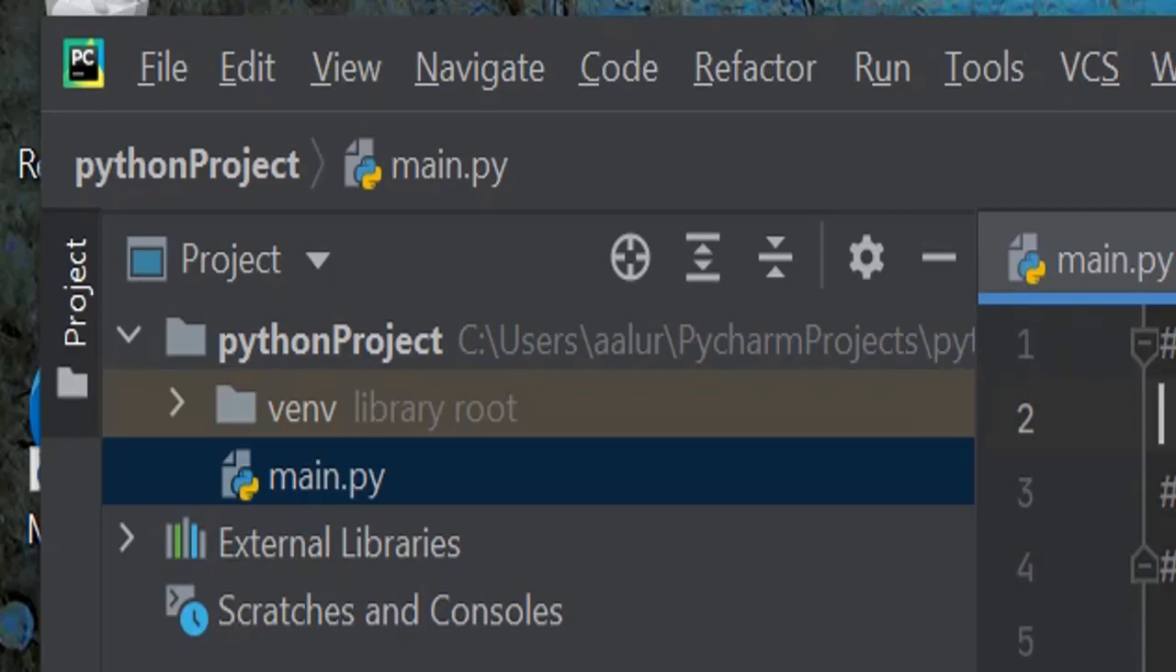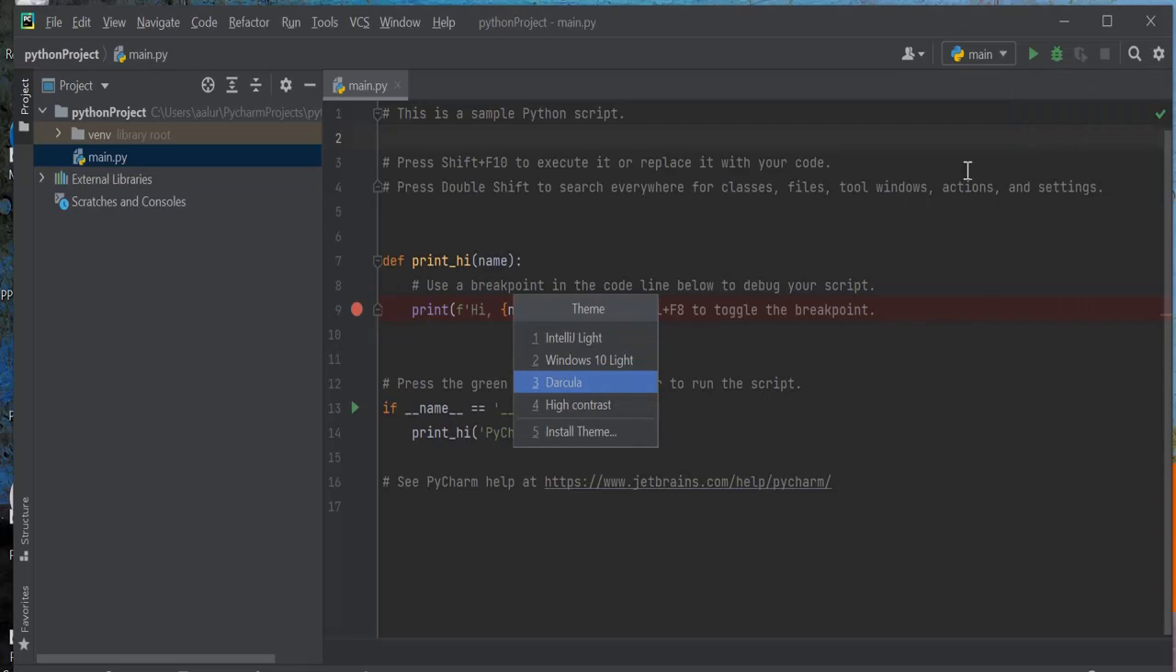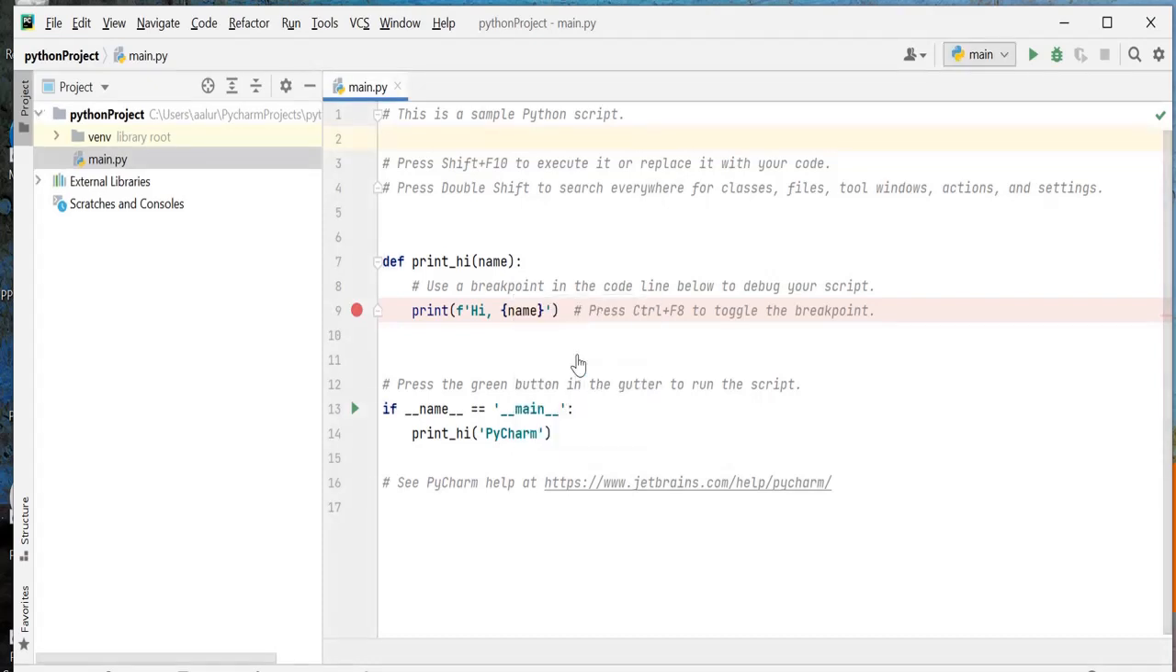Okay, so there are so many options like themes and all that. Okay, so I'll just change the theme. Okay, I'm checking this Windows 10 theme. Okay, light version actually, so it gives better clarity on this. Okay, so for creating these things actually, what you have to do is first you have to